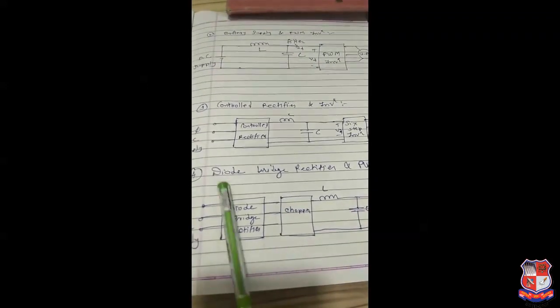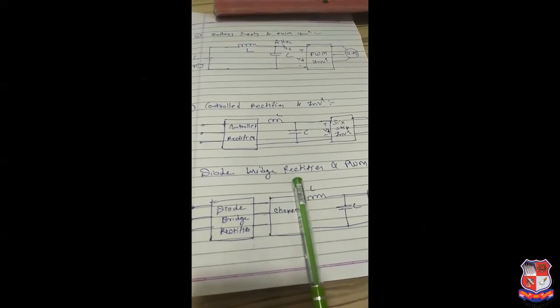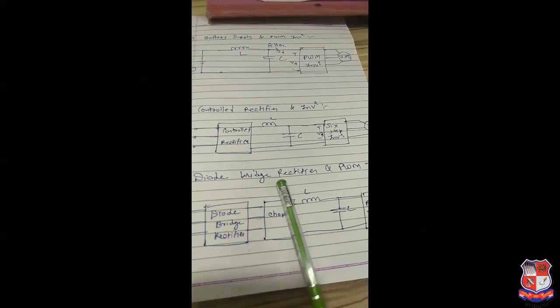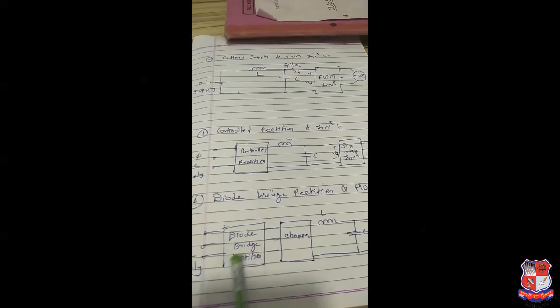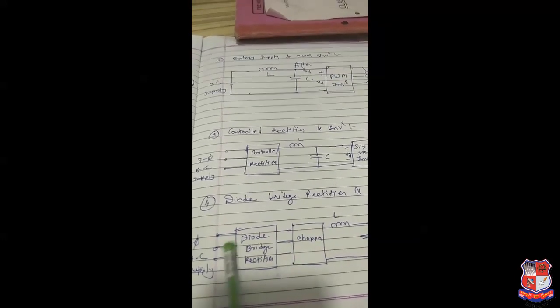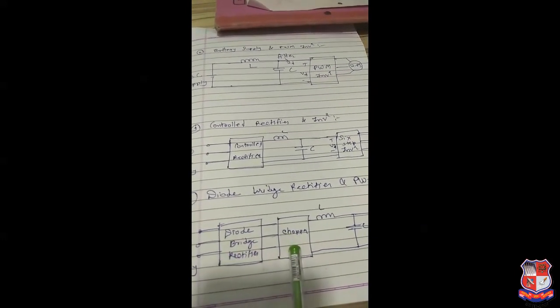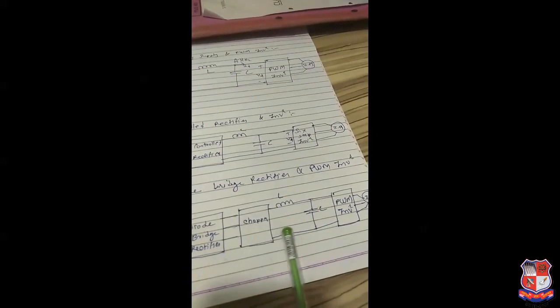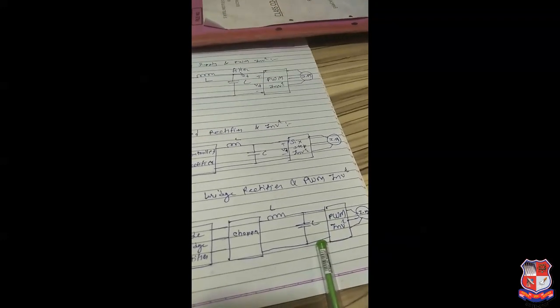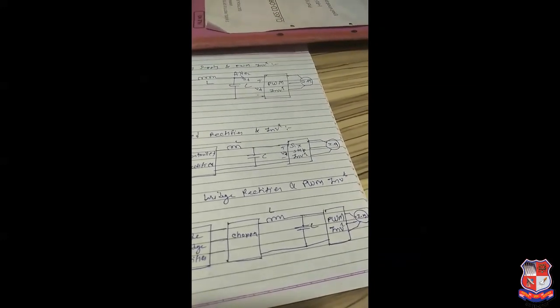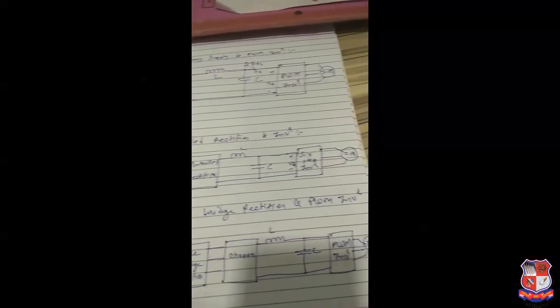Now one more topology, the diode bridge rectifier and PWM inverter. In the diode bridge rectifier we use the AC supply with an uncontrolled diode bridge. Then we use one more chopper, and it gives a constant voltage to the PWM inverter, which maintains the V by F ratio easily. These are the basic steps. These are applications of power electronics, the working of inverters. Later we will see more.